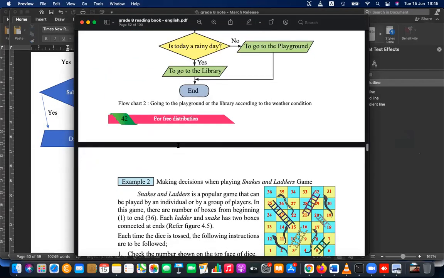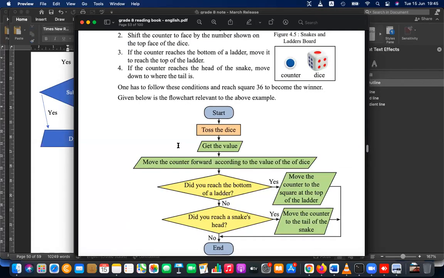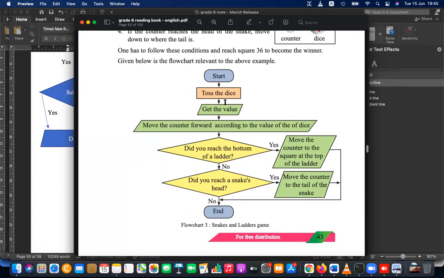Okay, this is the second and third one. The third one is similar to our one. It's like toss a dice, get the value, and move the counter forward according to the value of the dice. Did you reach the bottom of a ladder?